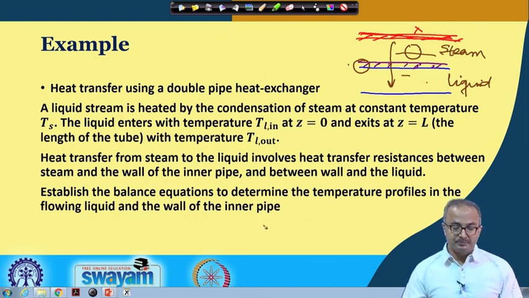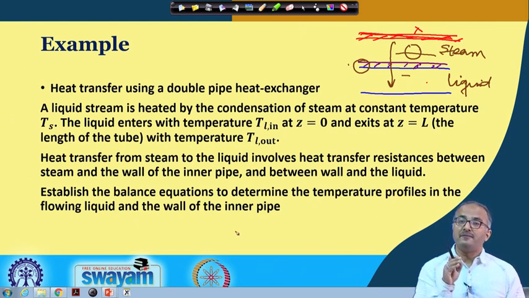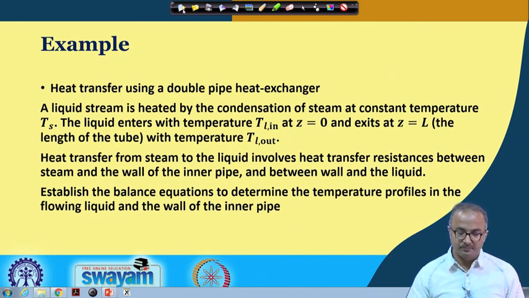Now you see that due to the heat transfer, the wall of the tube will have a temperature gradient, not in the radial direction but in the axial direction, because these two fluids, the steam and the inner liquid, are both exchanging heat, and the wall is the medium, so the wall is also getting affected. So, there will be a temperature gradient in the wall in the axial direction. Okay? So, with this we now set up the model equation.